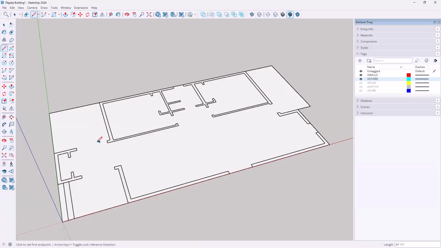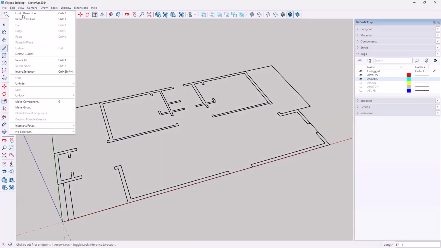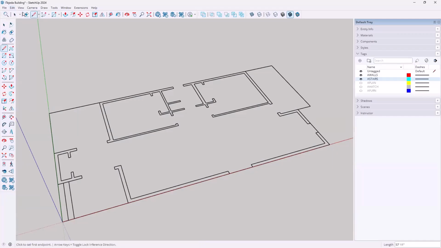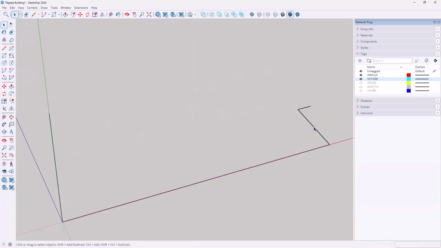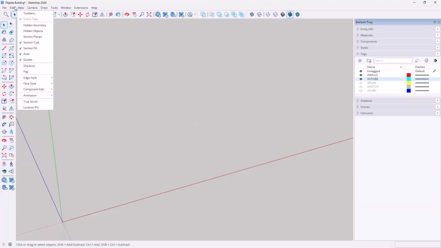Let me show you another way that I could have done this instead of drawing this all around. I'm going to edit, undo, drawing the lines. Yep, I'm going to keep going all the way until they're gone. Here, let me show you one second why there are still lines there. If I right click this and I go to hide, see there's extra lines. So let me just triple click these and then tap the delete key and then go to view, actually no,